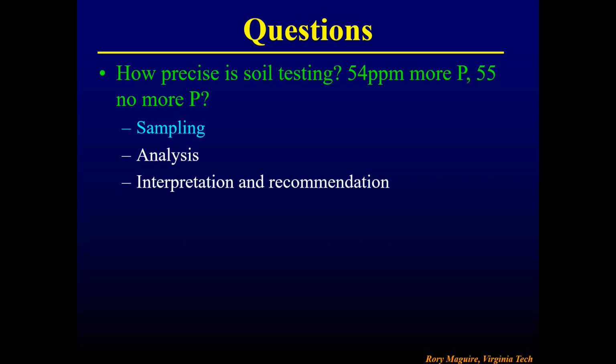Soil fertility changes across a field. There are low spots, there are sandy areas that are going to test a little bit different. You can tell this in many fields just by looking at how yield varies across the field. You also get soil fertility changing with depth. If you take a deeper sample, generally you get lower numbers because nutrients like phosphorus tend to accumulate near the soil surface unless you're tilling them in.